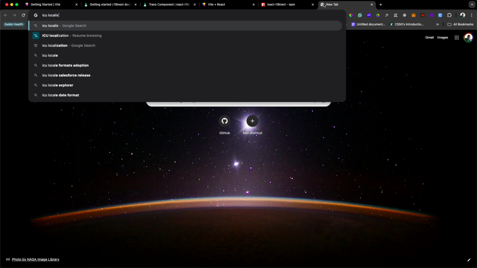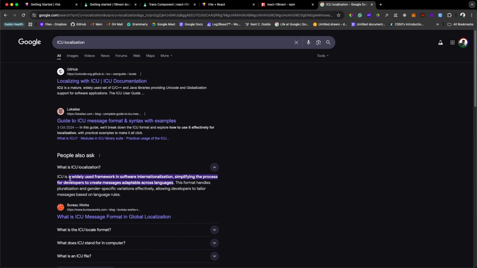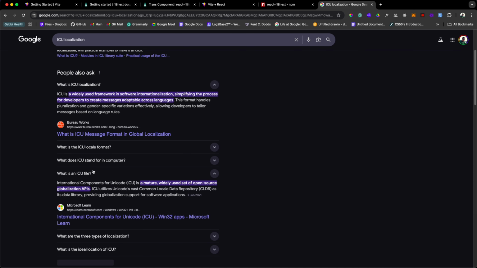ICU localization. ICU stands for International Components for Unicode. It defines the various ways of handling pluralizations for different languages, making